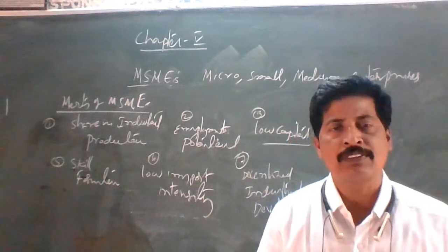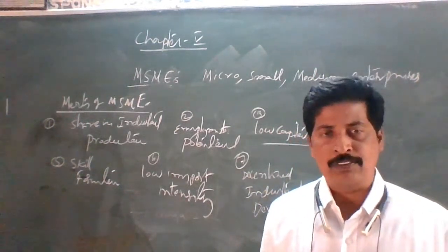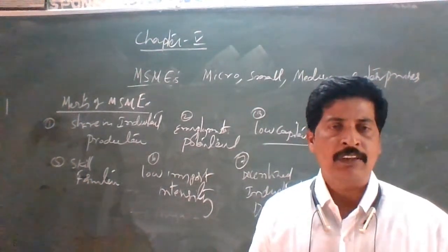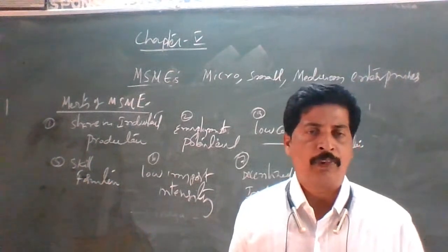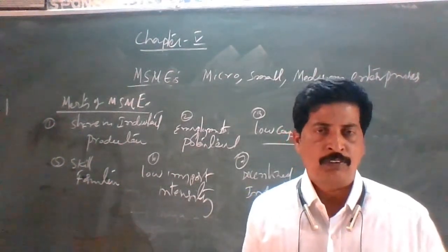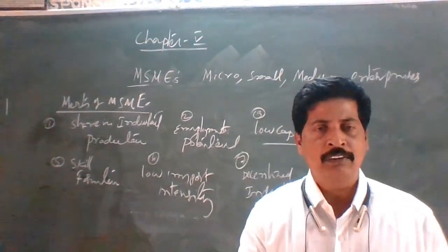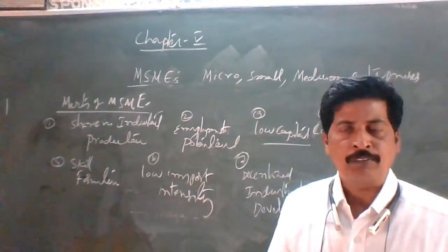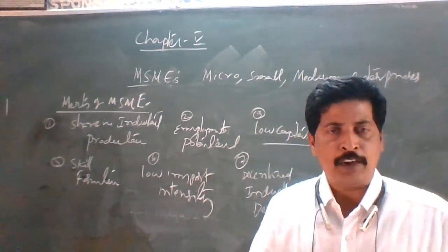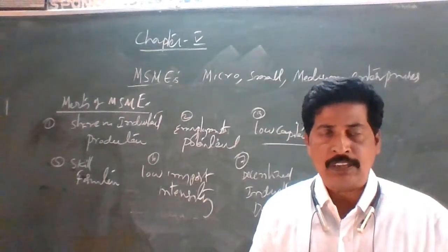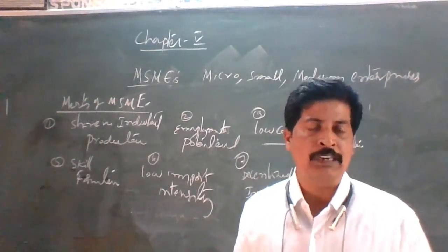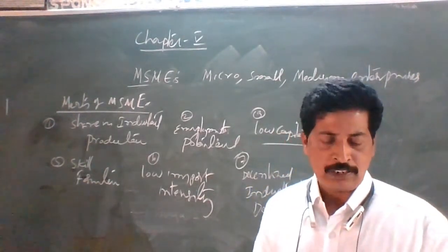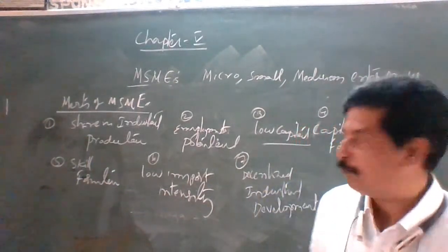Earlier, there were regional imbalances, which means some areas are well developed in terms of industries, whereas other areas are not developed with industries. So regional imbalances existed in our Indian economy. These MSMEs very much reduce the gap or balance it. So therefore decentralization must be done. Then only the objective of regional balance can be achieved.